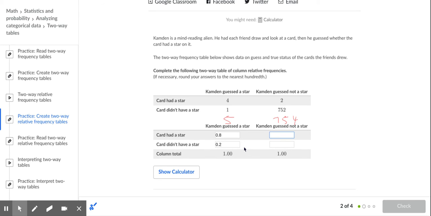Then 2 out of 754 is 0.002. Khan Academy is really not making this easy. 0.0026. So it says nearest hundredth, but if I did that, it would just be 0. I'm going to see what Khan Academy thinks about this. It might get mad at me. We'll see. And then 752 over 754 goes here, and that would be